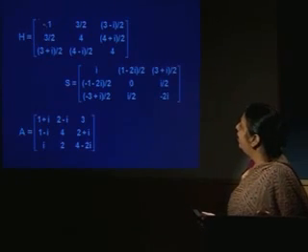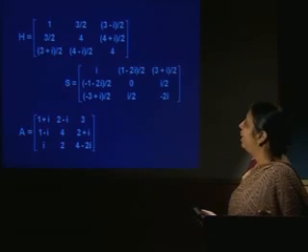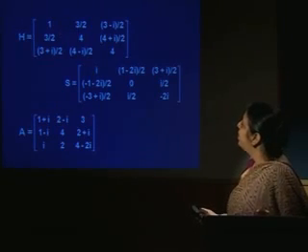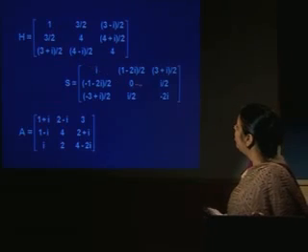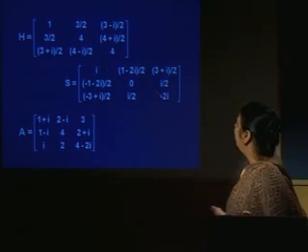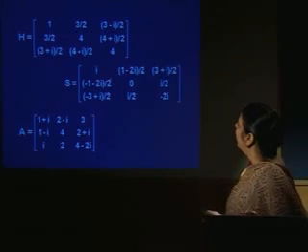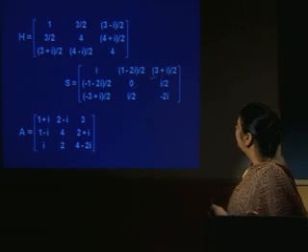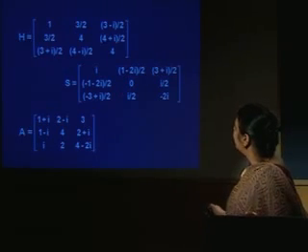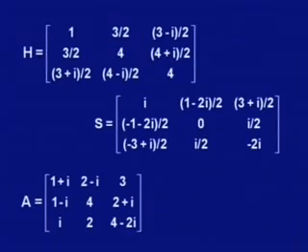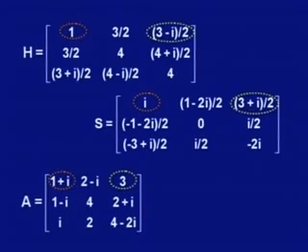Now one can notice that in a Hermitian matrix the diagonal elements have to be real, because if they are not real then they cannot satisfy the property that H is equal to H bar transpose. Similarly, in the skew Hermitian matrix these diagonal elements have to be imaginary, and the off-diagonal elements have to be minus the complex conjugate of each other, because S has to be skew Hermitian. So this has been shown, 1 plus I is 1 plus I, 3 minus I by 2, 3 plus I by 2 is 3, and so on.